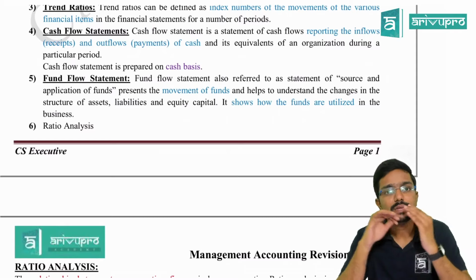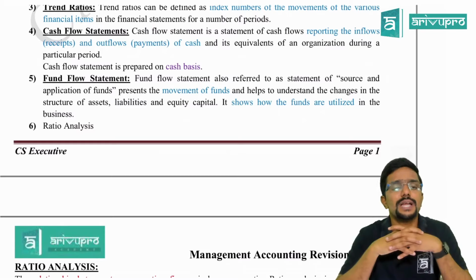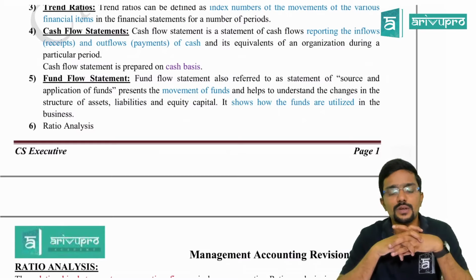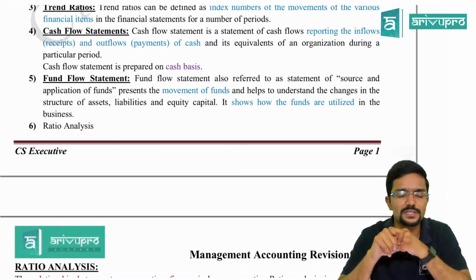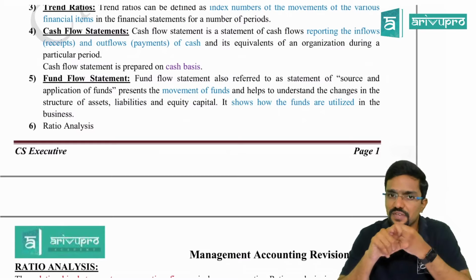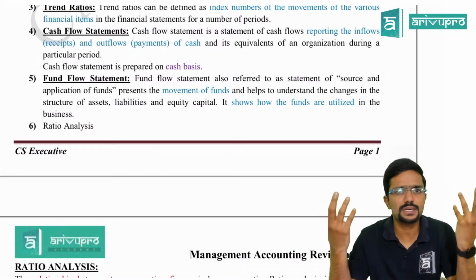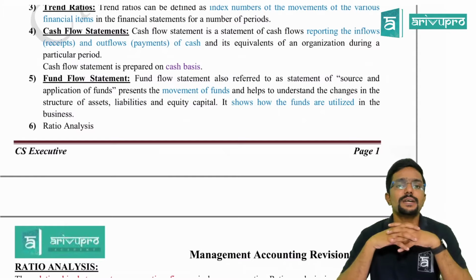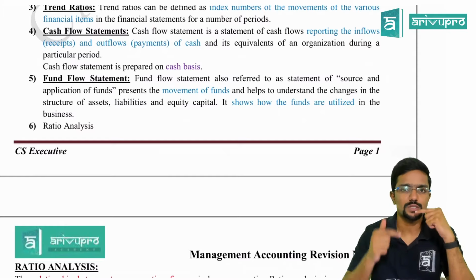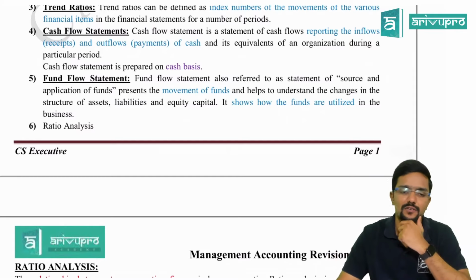All these are sources of fund for the company. And in the same way, there will be something called application of fund. That is how the funds are utilized, for what purpose it is utilized. So it can be for the payment of interest or dividend for the investors, or it can be to purchase fixed asset or current assets or any other expenses of the company. Clear? Yes, sir. So fund flow statement discloses two things: the sources of fund and the application of fund, which is nothing but utilization of fund.